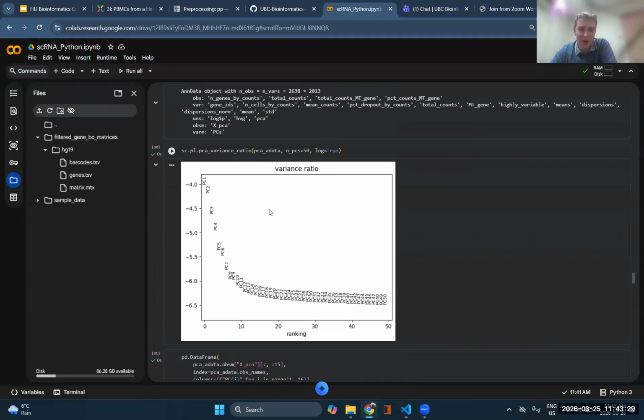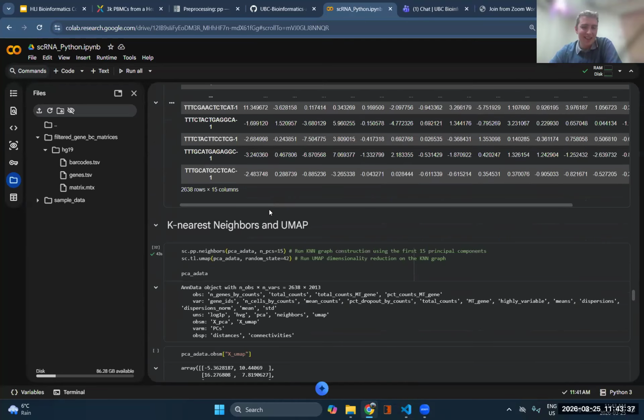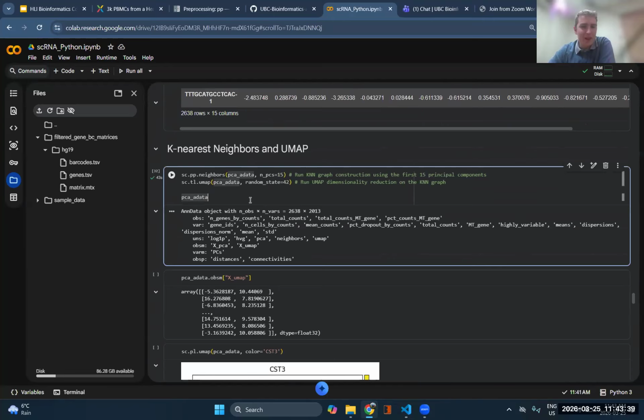Hopefully that makes sense. If not, I'm sure there are YouTube videos that could explain that a little more rigorously than I just did. You're welcome. So now we can see that after I've run the nearest neighbors and UMAP, it's added even more